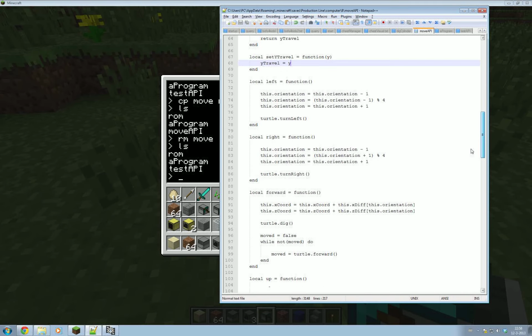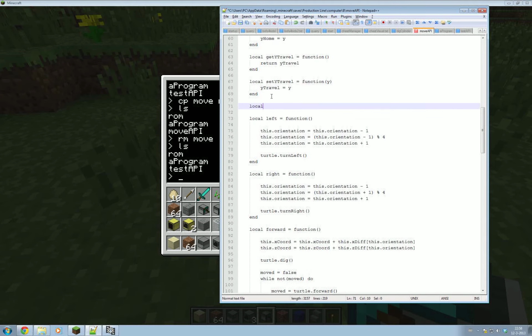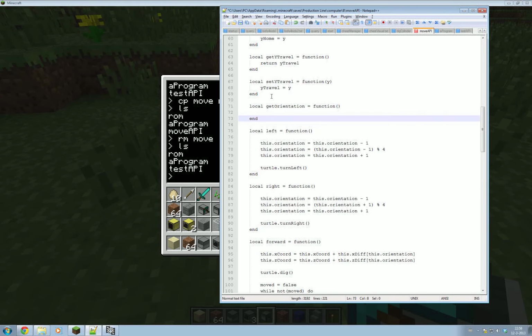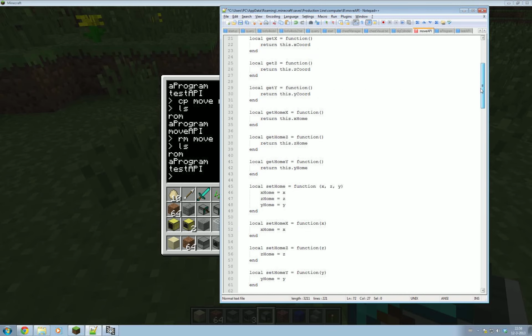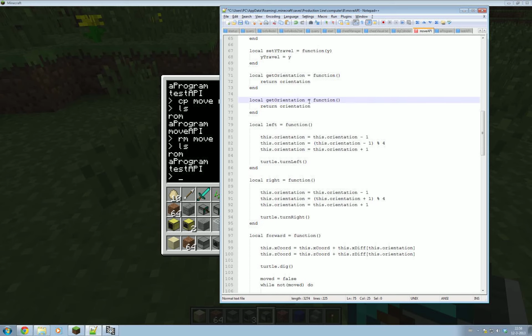Anything else? Get orientation. Oh yeah, we're going to have to do that as well. Local get orientation is equal to function, and so I'm going to return it as a number here. This is going to be to get the number, but we also might want the user to be able to see the string as well. So we're going to have a get orientation as string, and that will return orientations